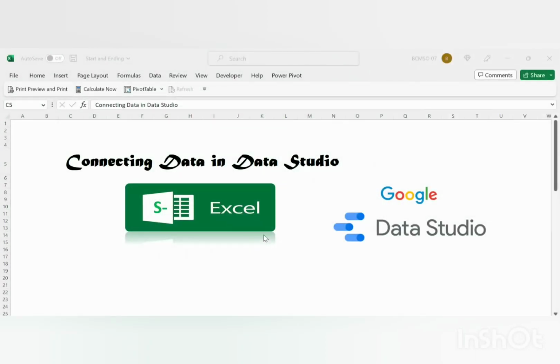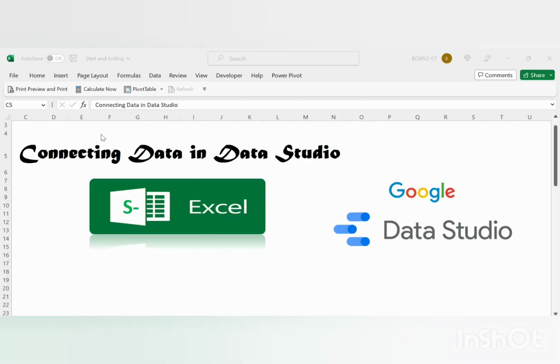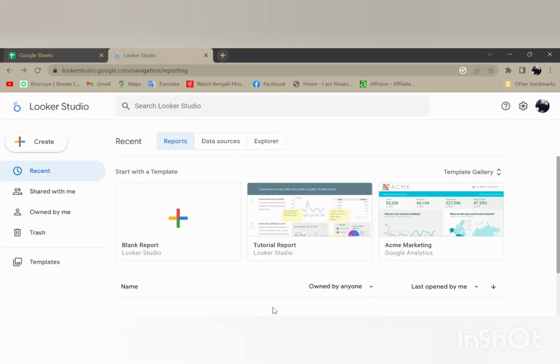In this video, we are going to understand how we can connect our data from Google Sheets or any other source as well into our Google Data Studio. So let's go back to our browser and here I am in Data Studio. The URL for it is datastudio.google.com. Otherwise, you can simply make a Google search of Google Data Studio, click on the first link and arrive